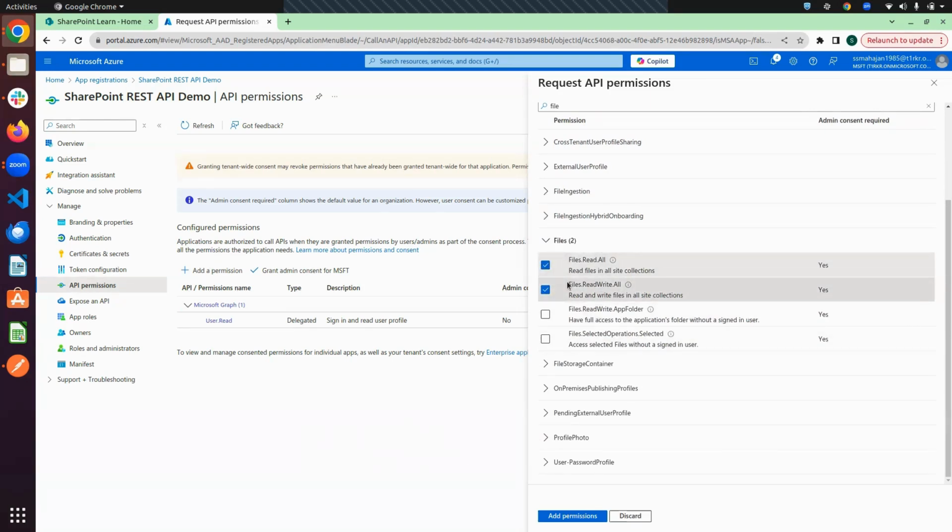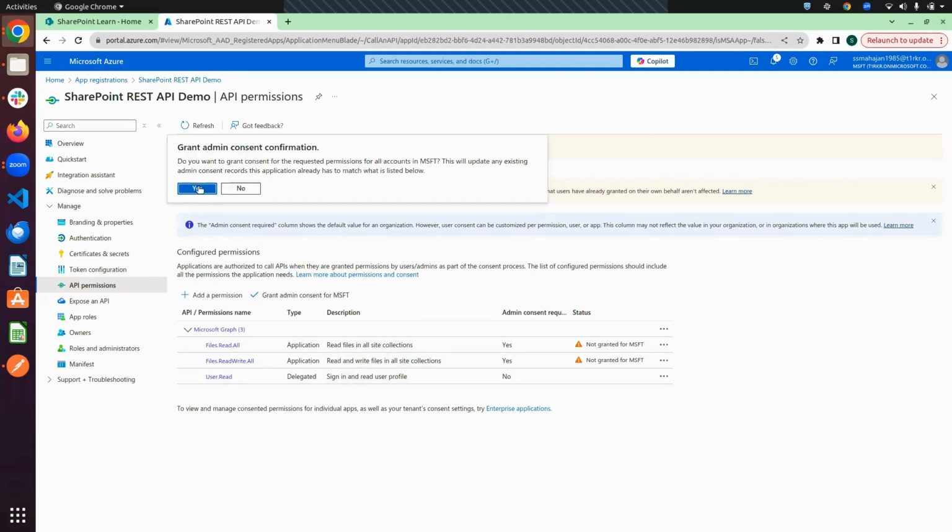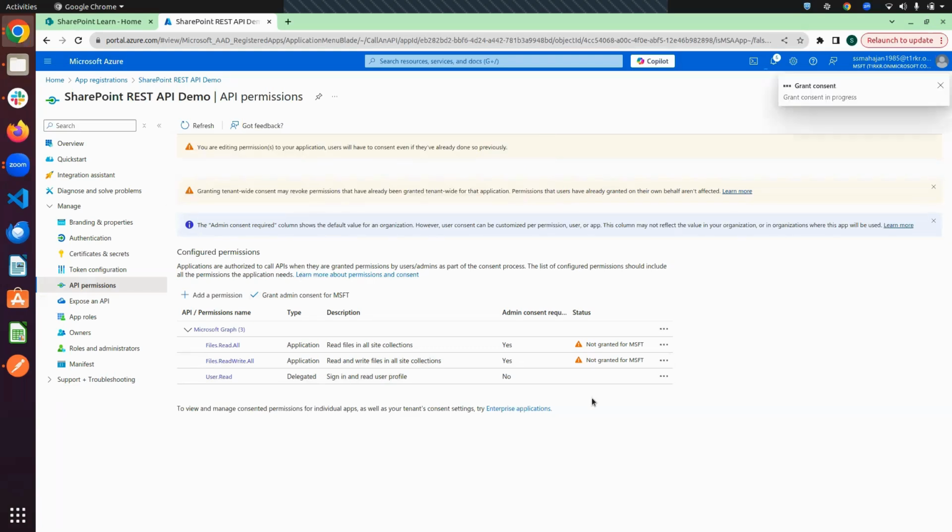So depending on which type of permissions you need, check this and add these permissions. Friends, you can see our permission was successfully added, but you can see here our permission is not granted. So for this, click on Grant admin consent, and select Yes.